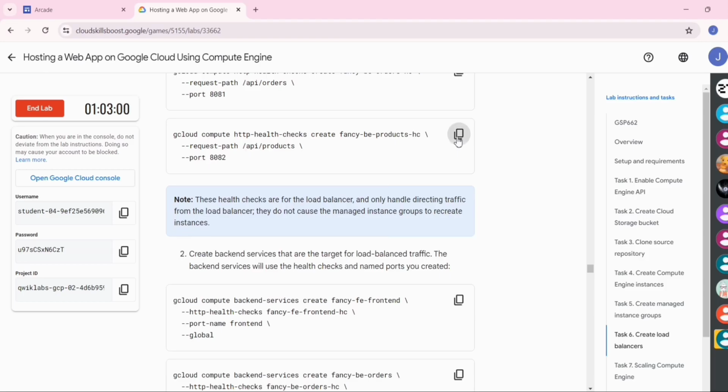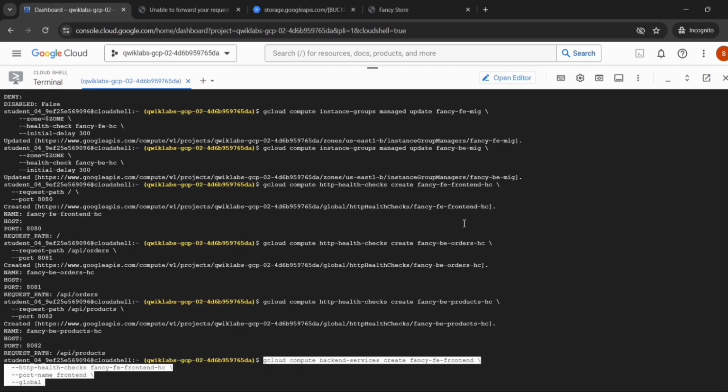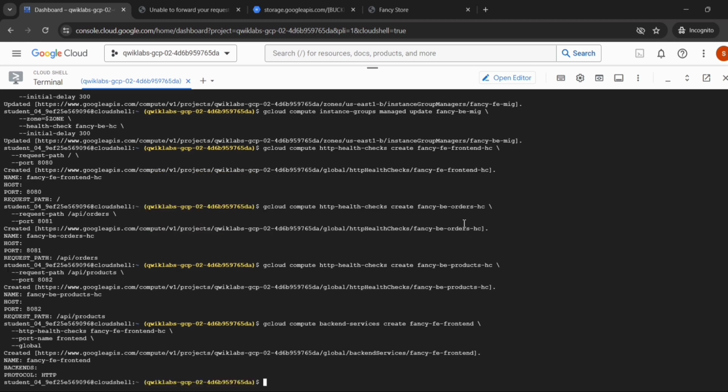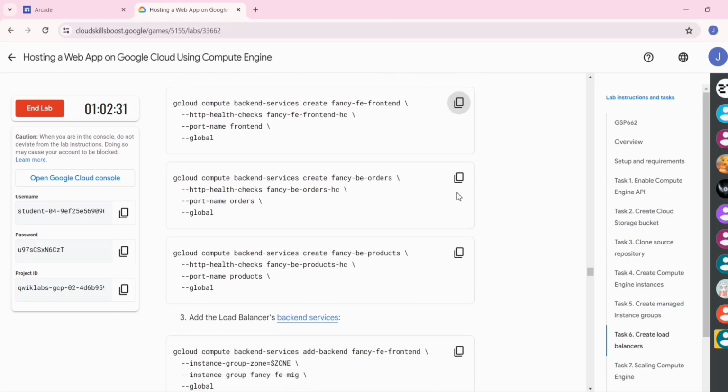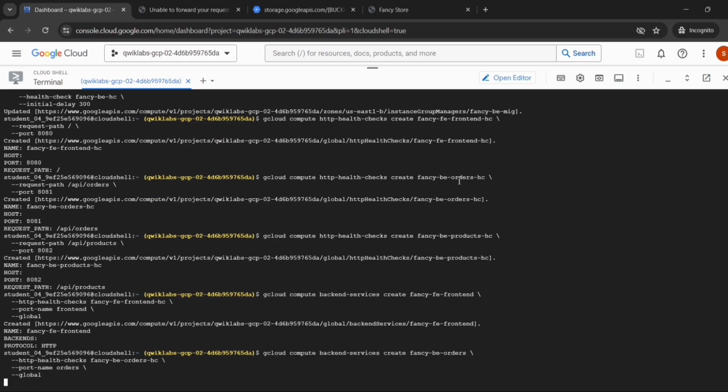Now go back to the lab instruction, copy the second command, go to the Cloud Shell, then paste the command, then press enter. Now go back to the lab instruction, copy this command, go to the Cloud Shell, then paste it, then press enter.